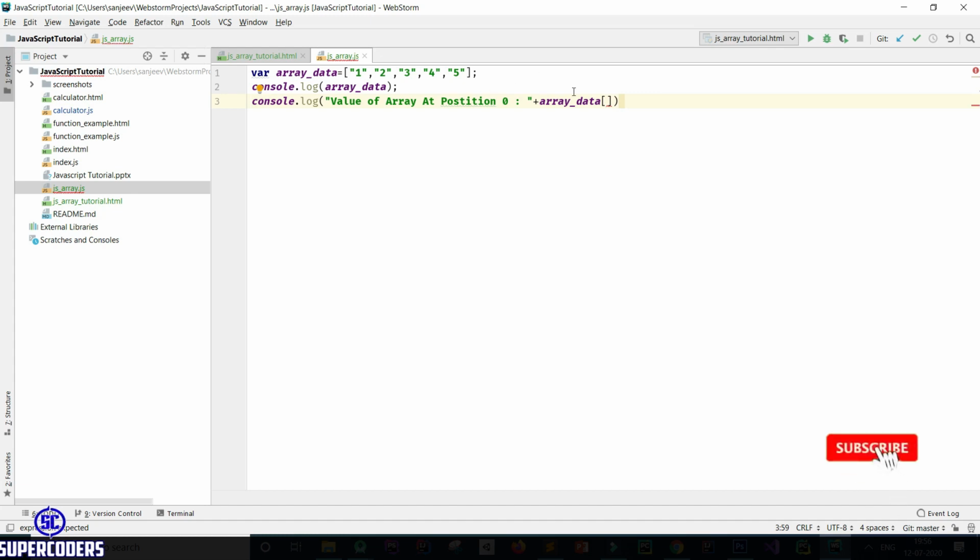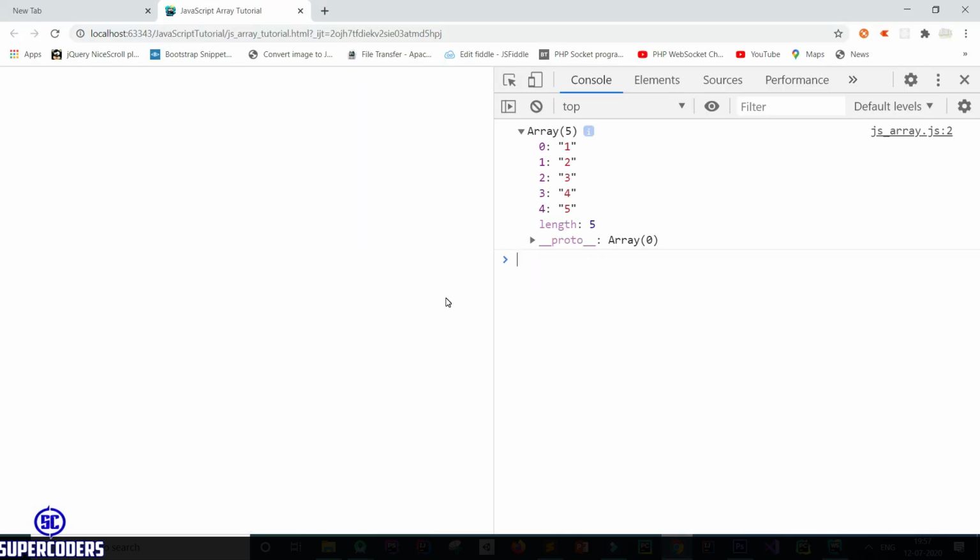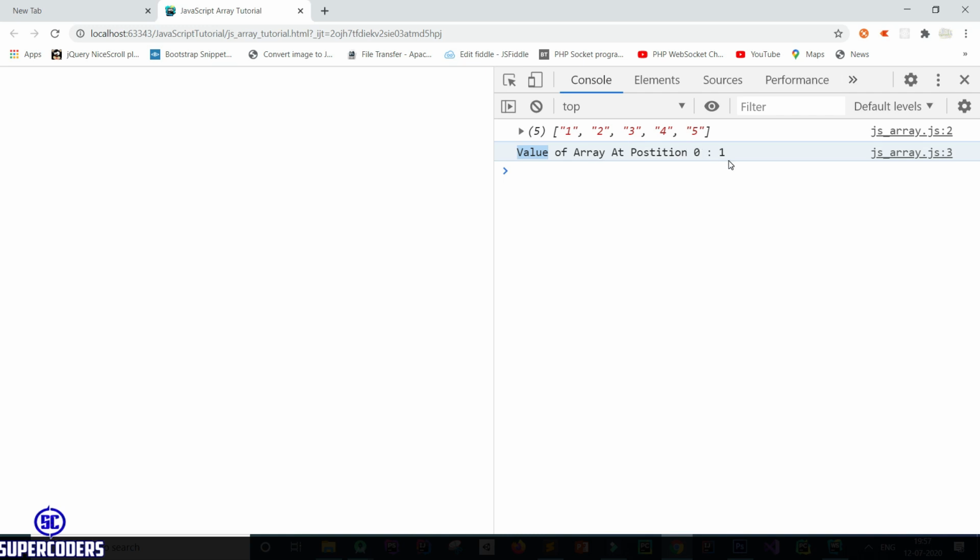For accessing the value of an array, you need to pass the position. So I have passed the position. I am accessing the first element at 0 position. So passing 0, semicolon. Now let's see what it prints. So come to Chrome and click on refresh. So you can see the value of array at position 0 is 1. So this is a simple example of an array and accessing the value of an array.